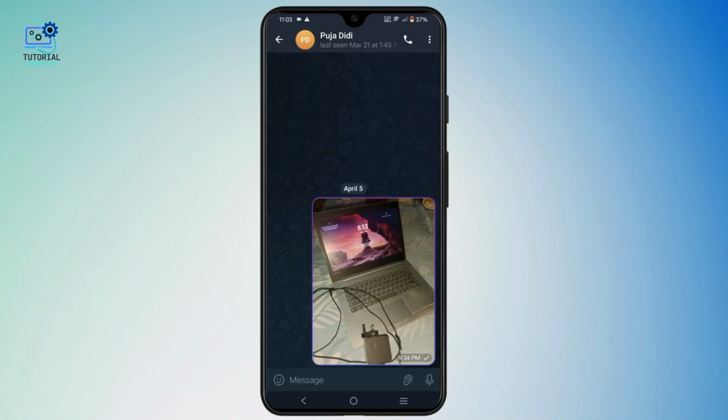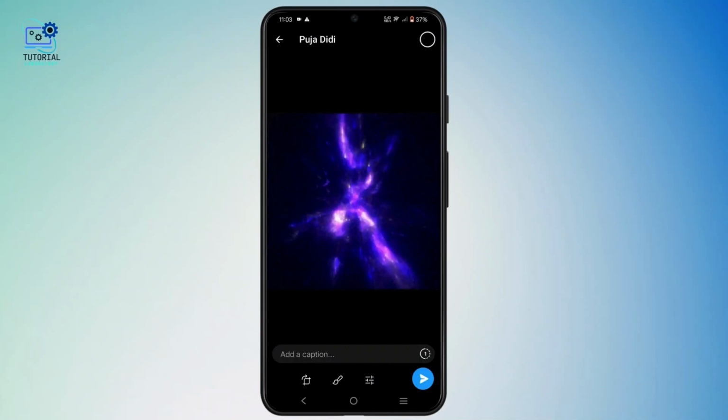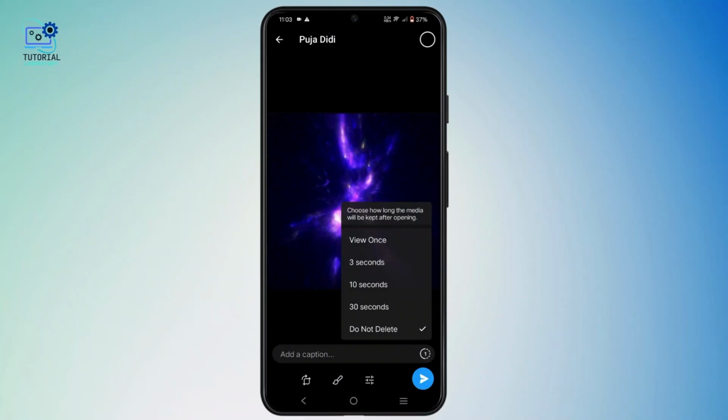Once you have opened the chat, you need to tap on this pin icon at the bottom of the screen and you need to select any photo or image. And here you can see the preview of the photo. On the section, you need to tap on this icon at the add caption of the screen, and here